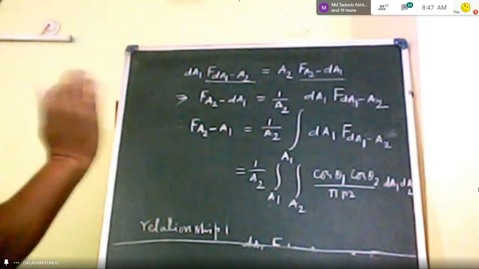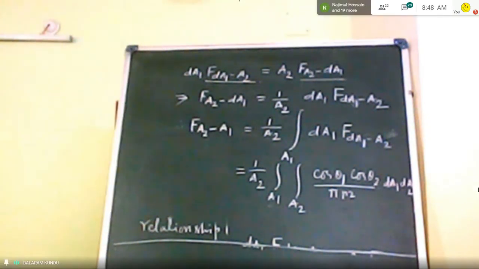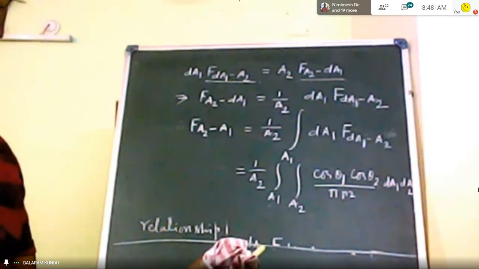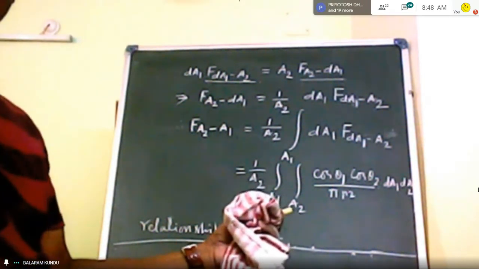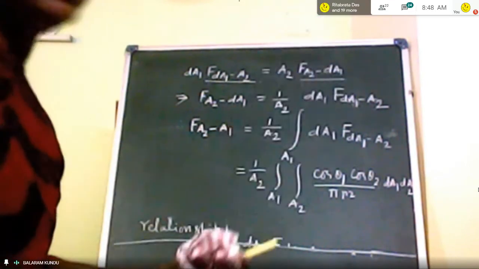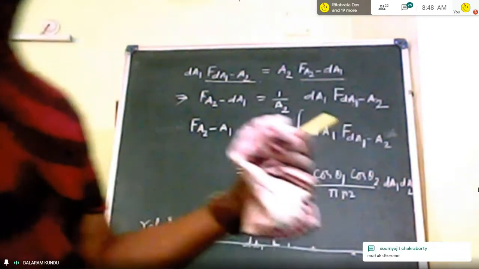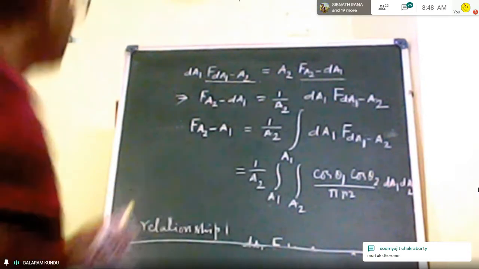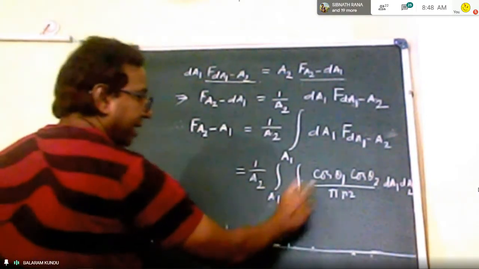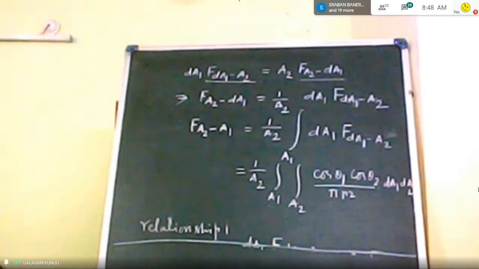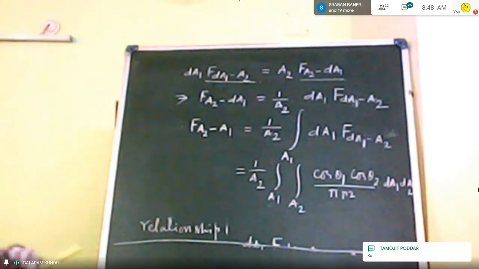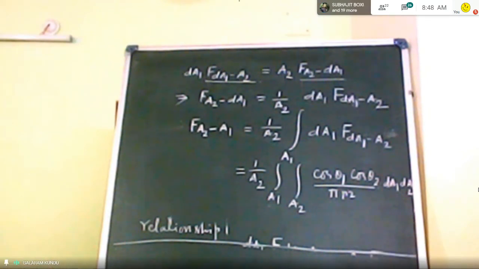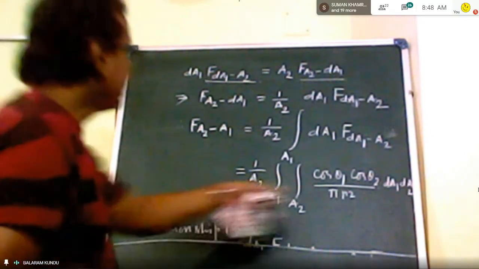So that means what? So if you see, two integration symbols are there. So that means fourth integration is necessary. The area is there. The first integration along the area, so it is not possible. So line integral you have to consider. So for the first symbol, 2 integration. For the second, another 2. That means fourth integration will be required to get the expression of shape factor between two finite surfaces. So this is your expression.